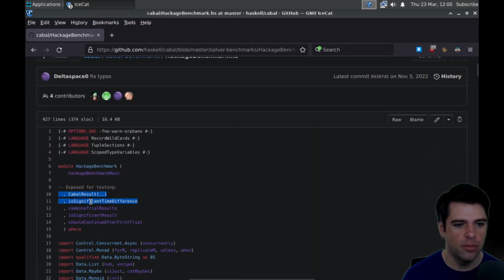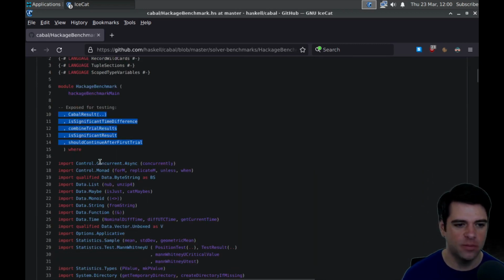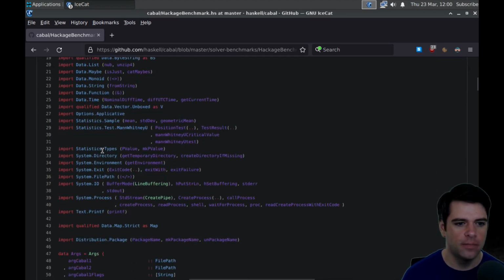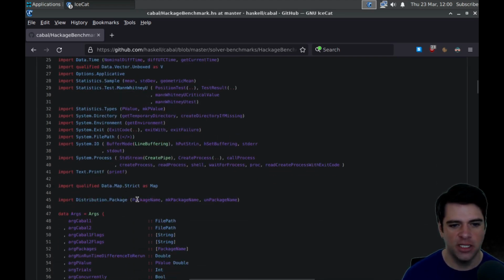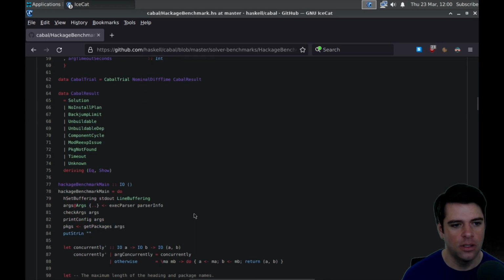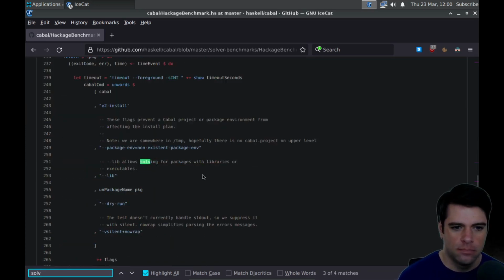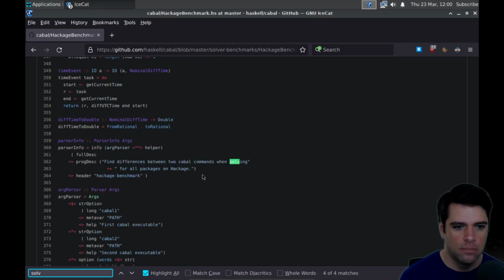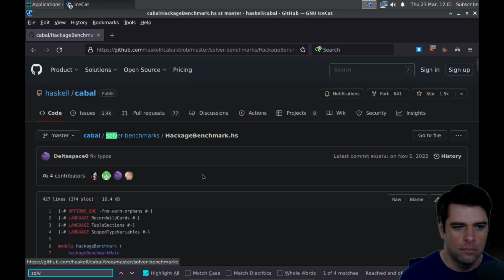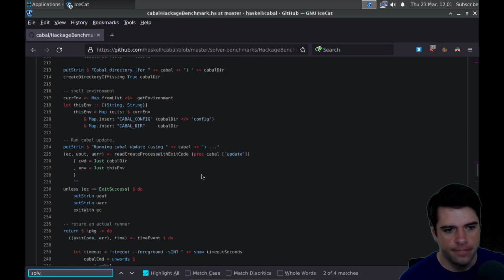Was it importing? Oh, this is exports. System type, system process distribution, package name, package. So where's solve? I'm not sure.